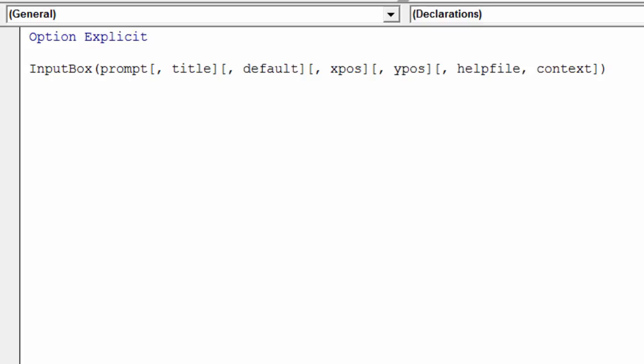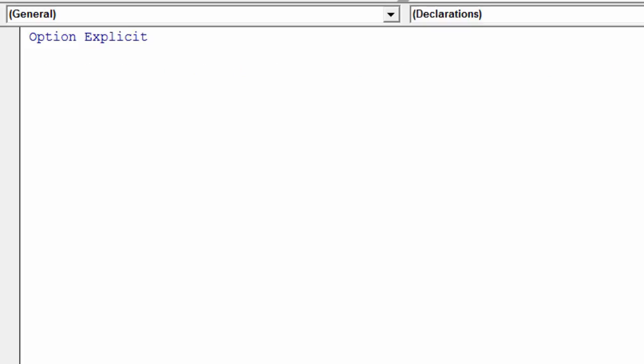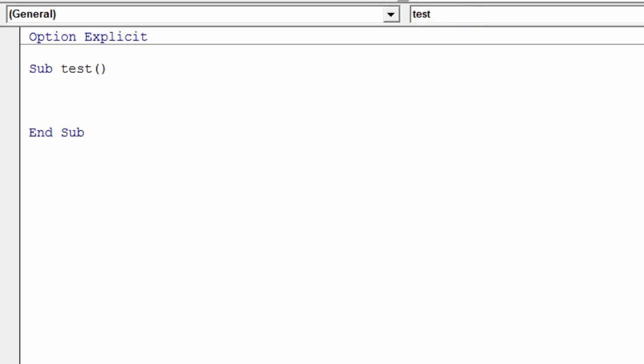So that's the syntax. All right, so since you're asking users for input, then you can store that returned value inside of a variable. So in the following example, I'll just create a really simple input box that asks people to put in their name. So I'll first go ahead and get rid of the syntax there. And I'll create a new procedure called test. So again, I'm going to have an input box pop up asking people what their name is. And whatever their name is, I want to store that in a variable. So I am going to declare yourName as a string. So I'll type in yourName is going to be assigned